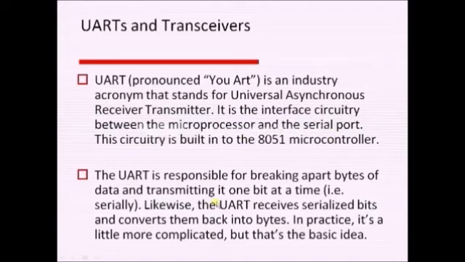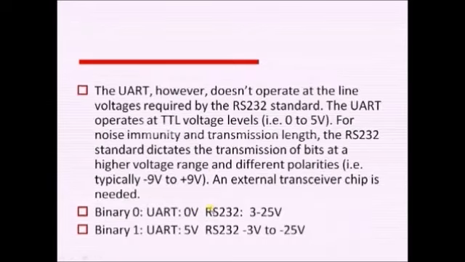The UART receives data in the form of bytes from the processor, converts it into serial data, and transmits it to the peripheral. When it receives data from the peripheral, it receives it in serial form, converts it into byte form, and gives it to the processor. That is why it is also called a serial-to-parallel or parallel-to-serial converter.